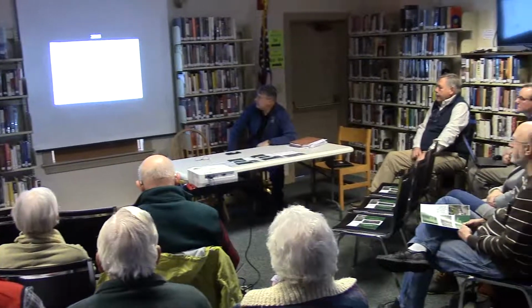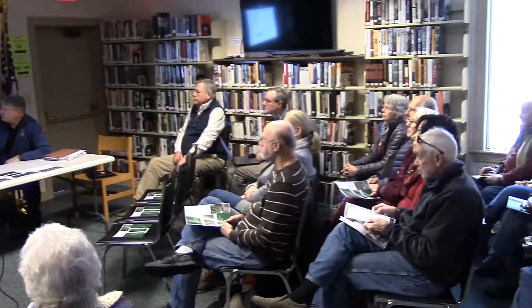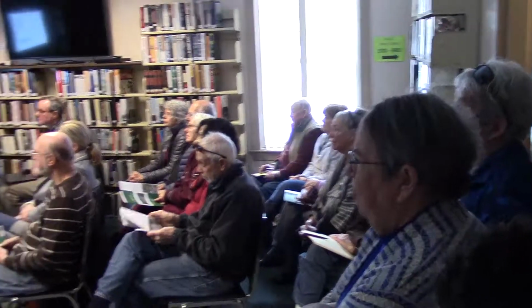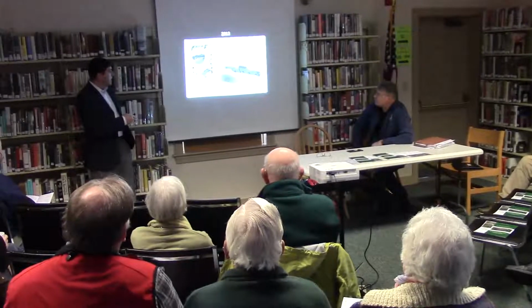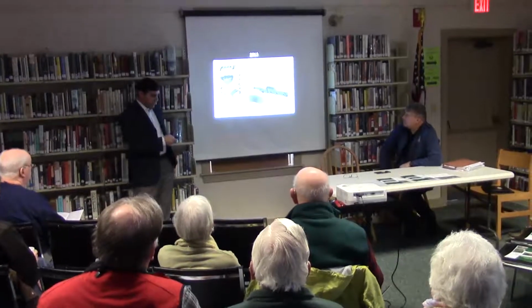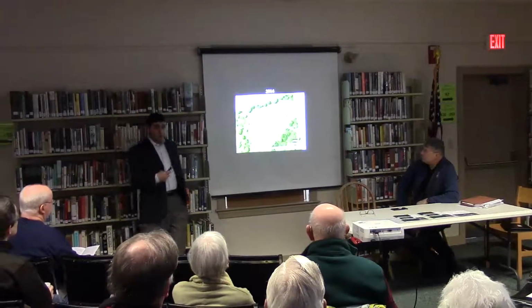So back in 2005, they looked with a different outfit, they looked at this building and how a renovation could be done and how an addition could be achieved. So it's been a few years. In 2013, they then looked at doing a new standalone building out behind this existing library, but that had some issues as well. Back in 2014, they